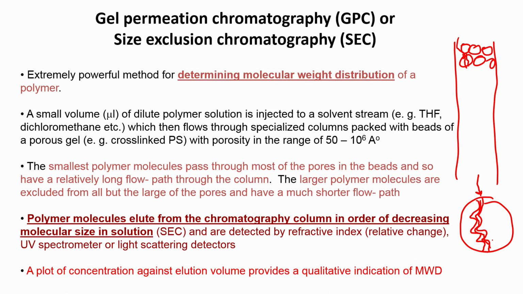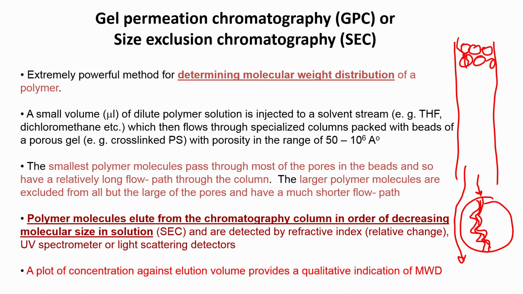pores. Whereas the big polymers will essentially just go right through from the outside because they can't enter these pores. So, what essentially happens is the larger polymer molecules will come out first, whereas the smaller polymer molecules will take a lot more time because they have a lot more path to cover through these beads. And that essentially results in separation of these polymers. So, the first one to elute is the largest molecular weight, and then as time goes on smaller molecular weights come out. So, you can then plot a concentration against the elution volume, which will give you also a qualitative